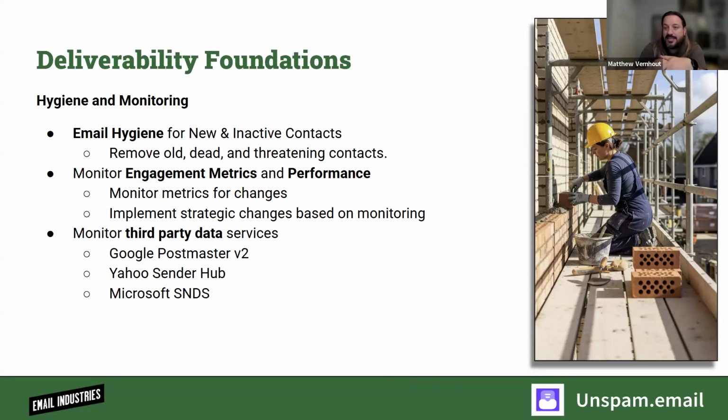And then, Microsoft SNDS. It's probably the oldest service right now that will tell you things about inbox rate, number of messages sent or attempted, what their filters thought of your message and how they placed it, whether it was inbox, spam folder or junk folder, along with potentially even the occasional spam complaint data that you're going to see in SNDS. So use the tools. These are the mailbox providers telling you, here's what we think of your messages. Go back and look at them, evaluate them, and then adjust accordingly.